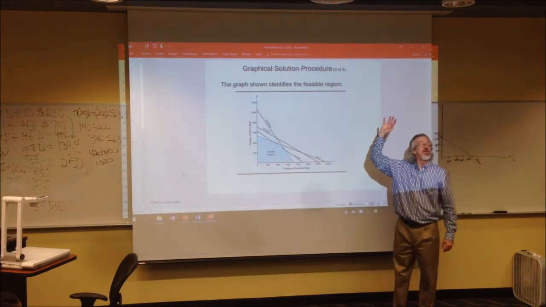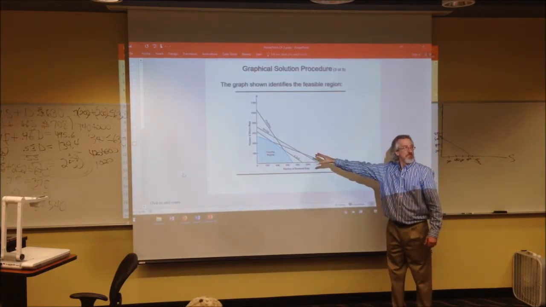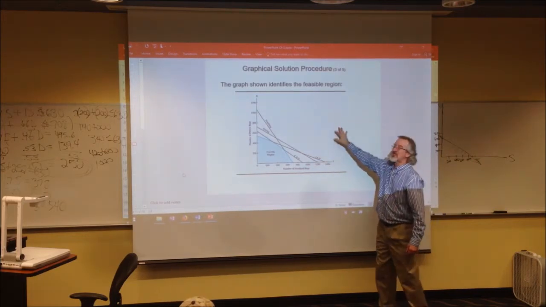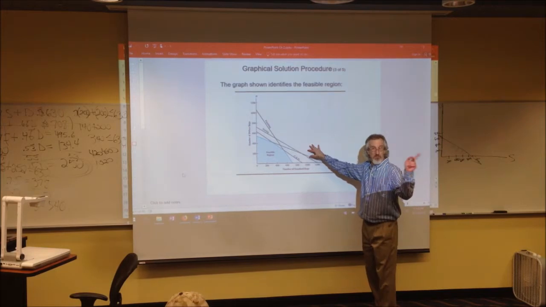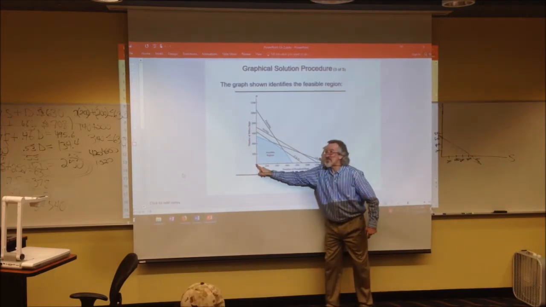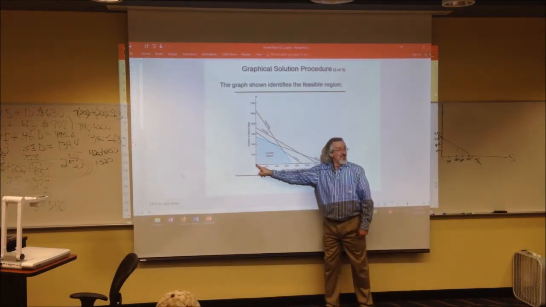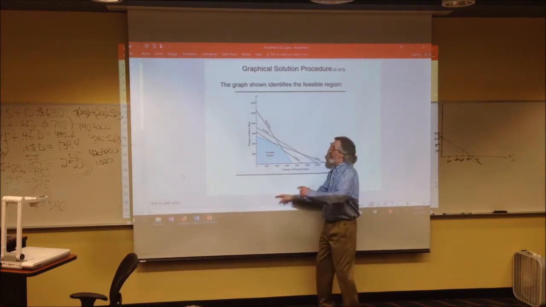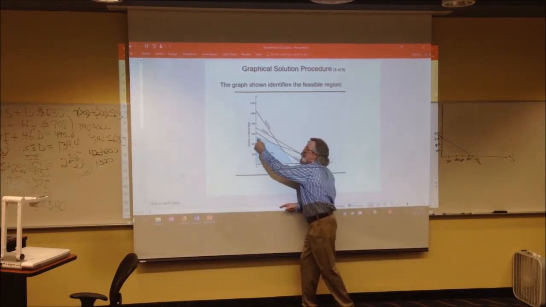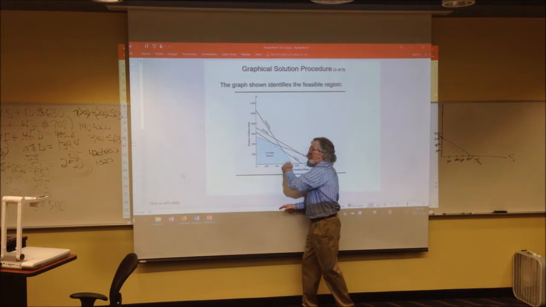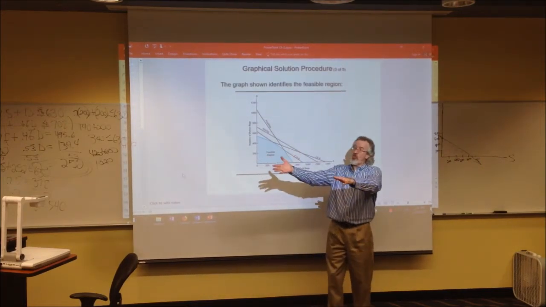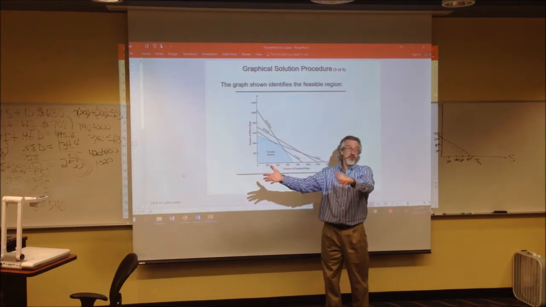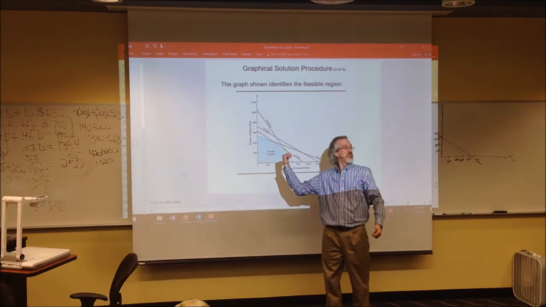My question for you is, was this a max or a min? Anybody remember? Was this a max or a min? What was it we were trying to maximize though? Profit. There's no way this extreme point could be the answer. And in the old days, we would enter all 4 extreme points in the objective function. Whichever one gave you the biggest objective function value, which is maximizing, that's your optimal solution. But